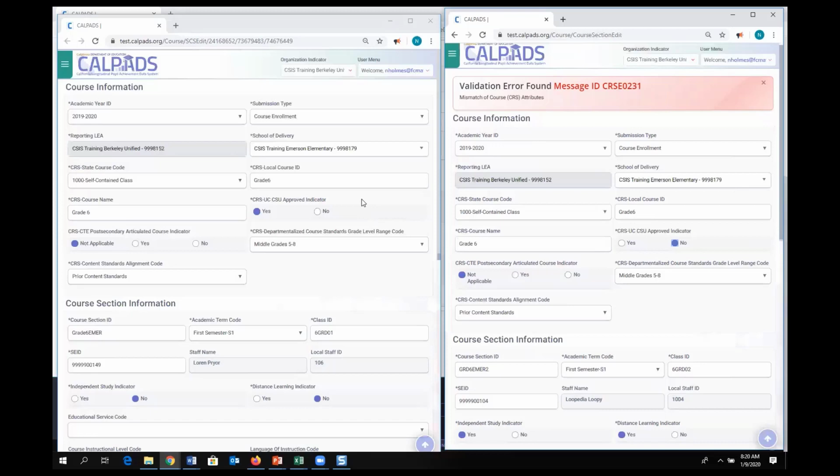And that's because we are doers and we have to get this job done. And so what you would do, if you really wanted to start changing the UC CSU approved indicator, is you would temporarily change the local course ID so that they're no longer joined course section. You would validate and post, then you would go change this one as well, right? Post that, then you'd go back, change the local course ID to correspond with this course section, and you'd be